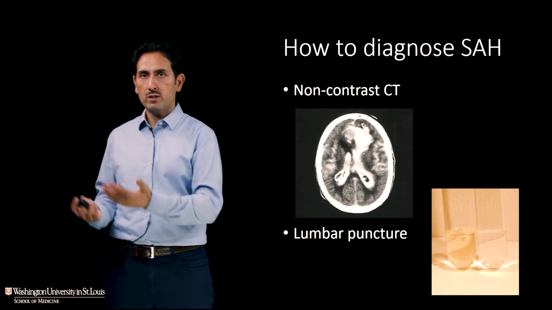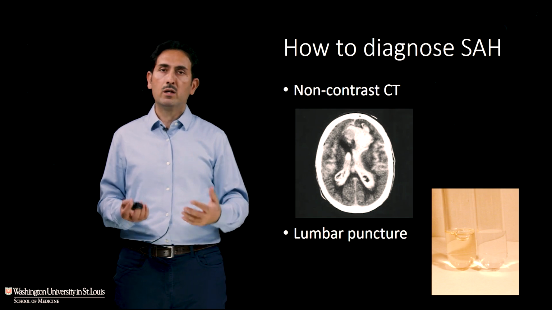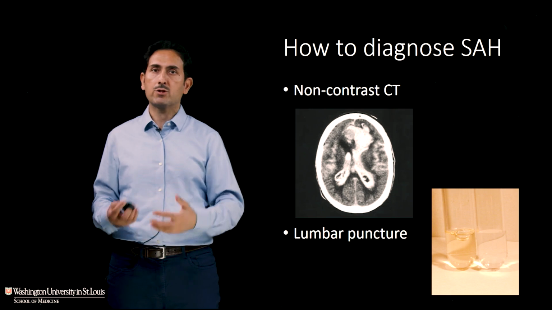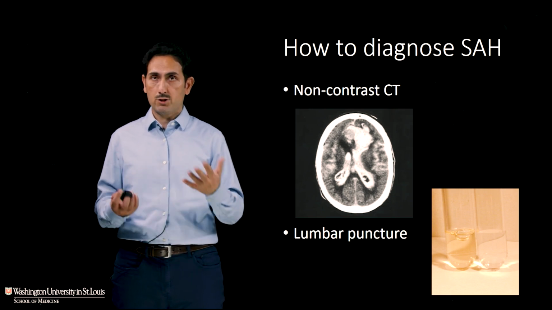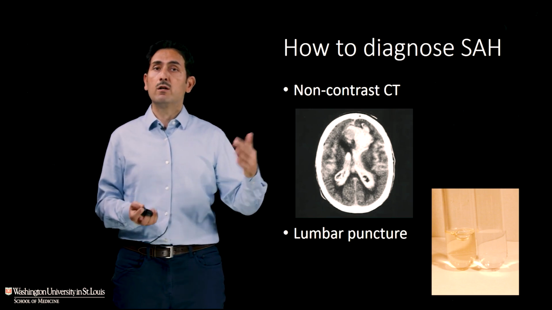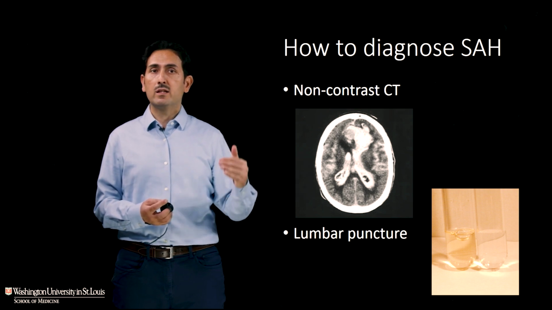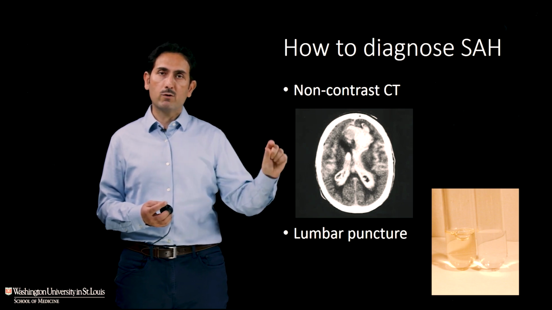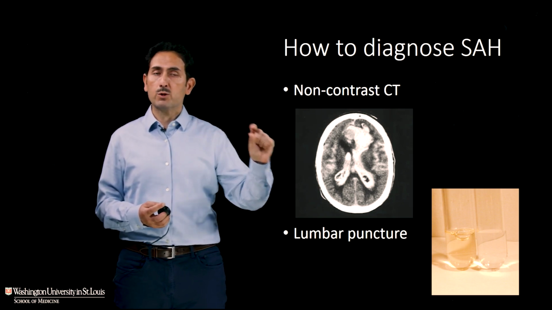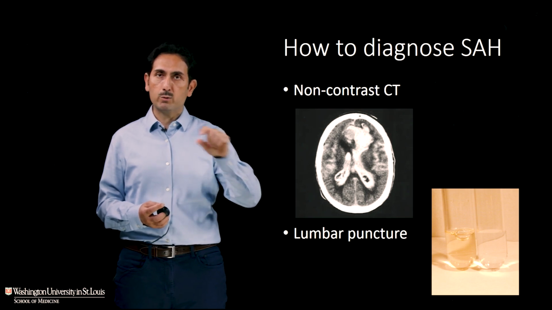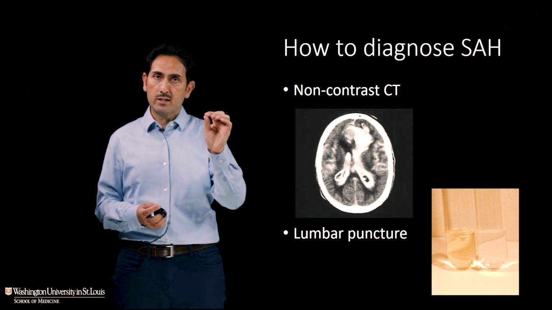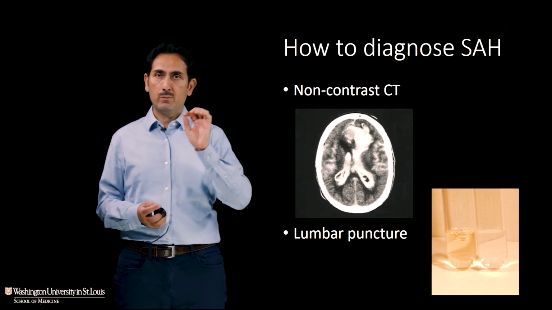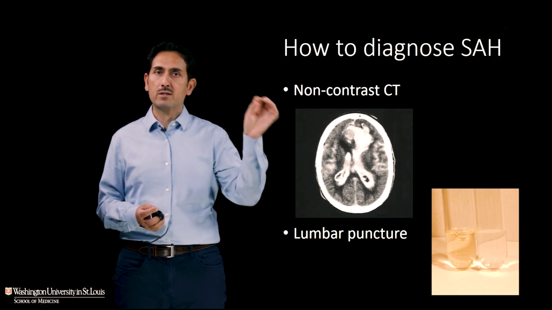However, if someone presents more than 6 hours after onset of symptoms, or there's a very high suspicion and the CT is negative based on loss of consciousness, vomiting, neurological deficits, such as a third nerve palsy, or retinal hemorrhages, further testing should be done. Typically, beyond 6 hours, you will see discoloration of the spinal fluid. And so a lumbar puncture should be performed looking for xanthochromia, which means a yellow coloration of the spinal fluid when it's spun down. That's basically the presence of blood cells causing bilirubin in your spinal fluid. And that can be detected and can be a gold standard test for very subtle amounts of bleeding that may be missed on a CT scan.